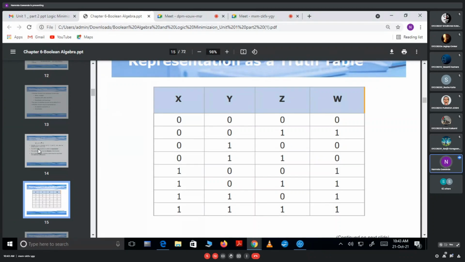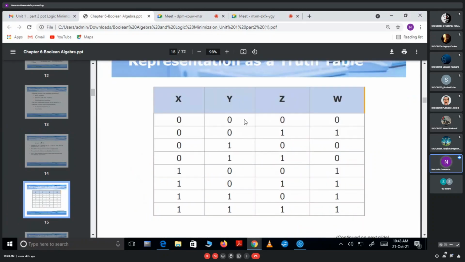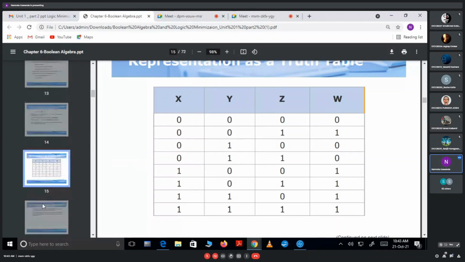We have to take the complement of this 1 0. Why? Because Y bar dot Z. First calculate this simply, and then whatever value you get, just add it in that. So here 0 plus 0, what will you get? 0. Again, Y bar dot Z. Y bar means 1. 1 dot 1 is 1. Plus 0, that is 1. Likewise, here this value, we will take practice for that next, once this part is completed, with one example.